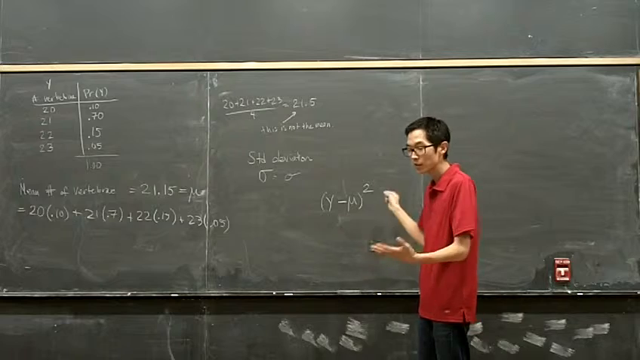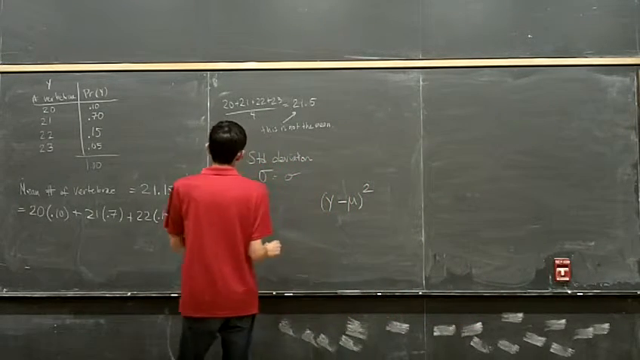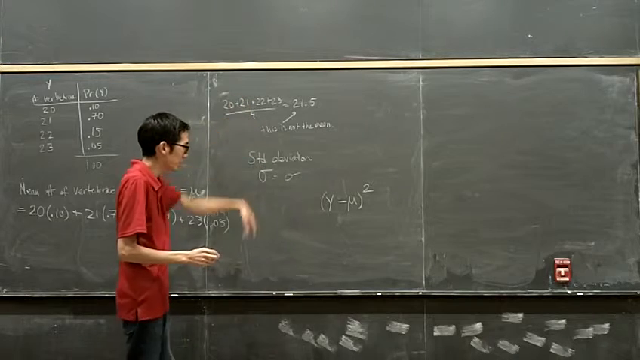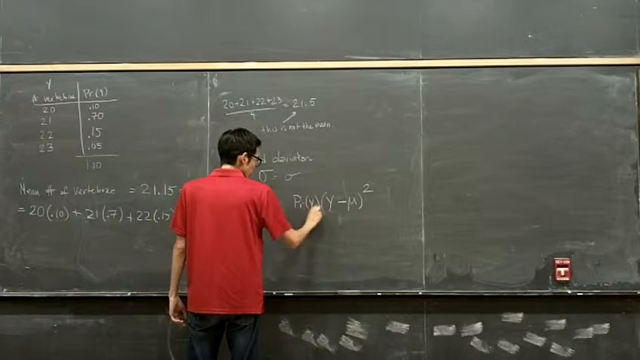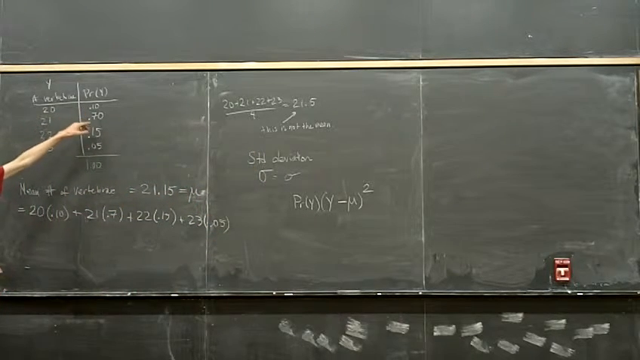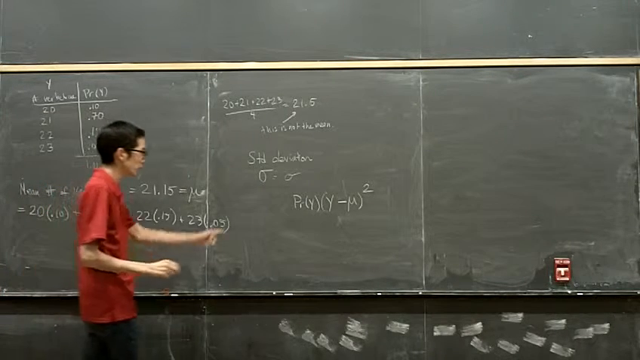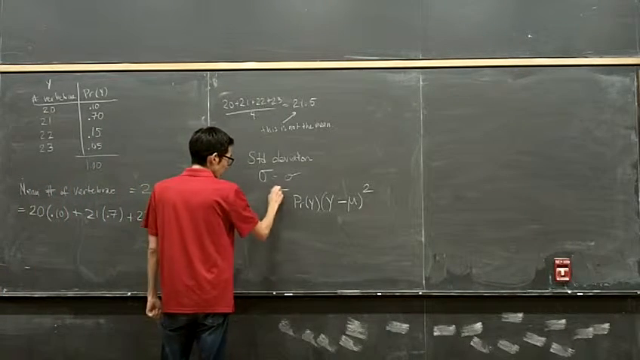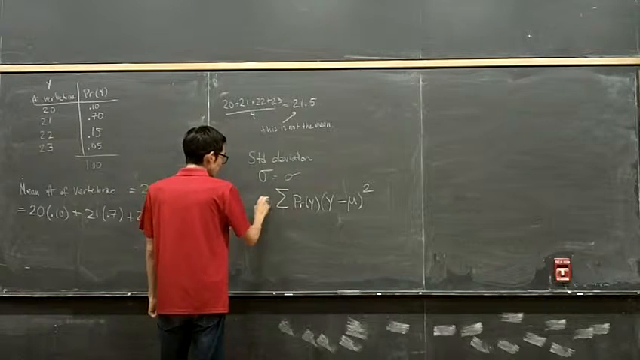But instead of adding them up and dividing by n minus 1 or whatever we did there, instead of adding up and dividing by how many I have, I'm going to multiply it by the probability of getting this. I'm going to multiply it by either 10% or 70% or whatever it is. And when I do this for all of them and sum them up, this is going to give me